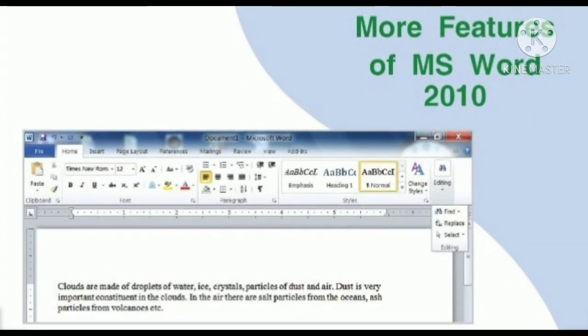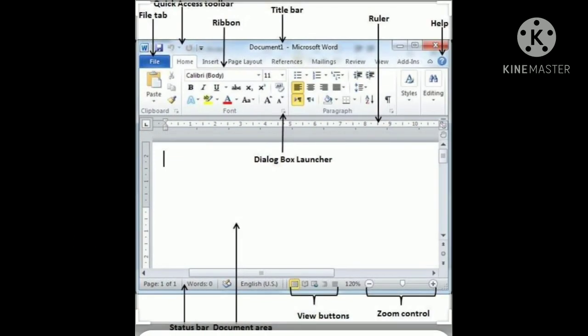The sixth more feature of MS Word 2010. You all know that MS Word 2010 is a word document processing program. You can also create, edit, print and save documents in MS Word. Let us take a look at the MS Word 2010 screen before discussing any of its new features. The Ribbon contains tabs and groups.